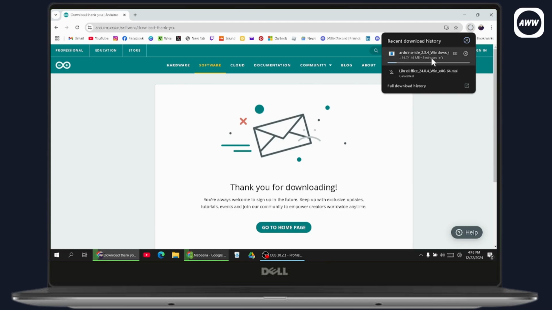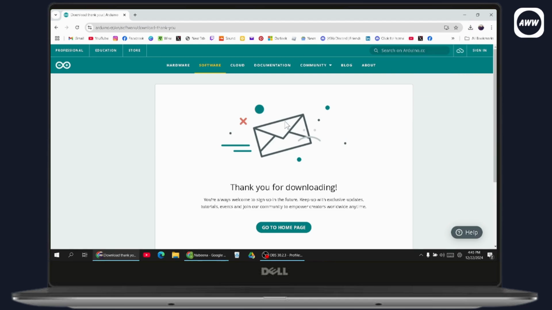And once the file has been downloaded, then you can just simply click on the file. And if you double click on the file, then you will have the install button on the bottom right. You can simply tap on install and it will be installed. So that's the process to download and install